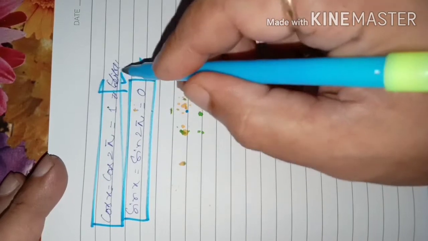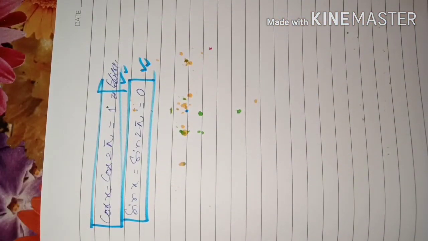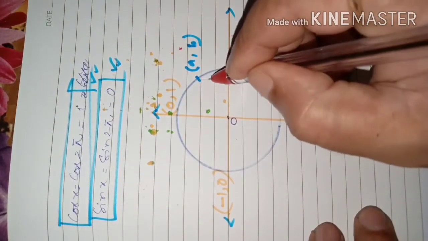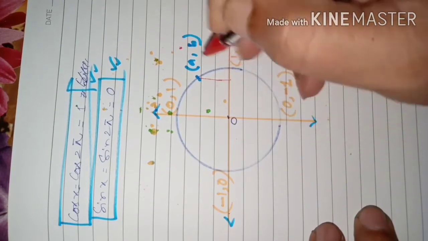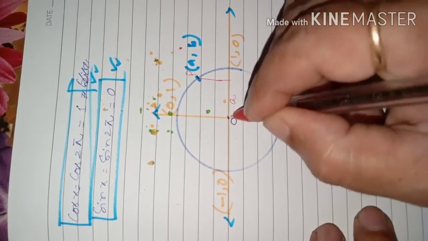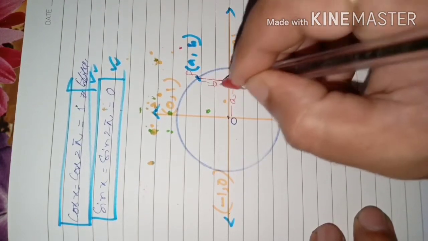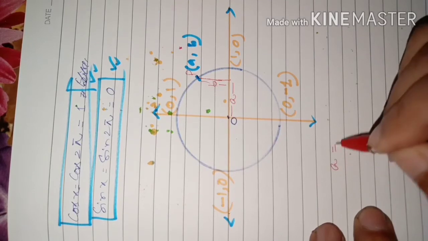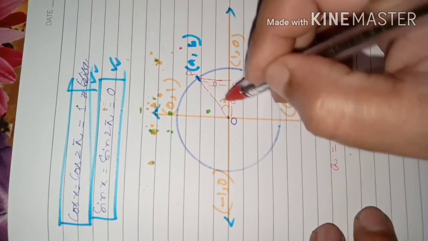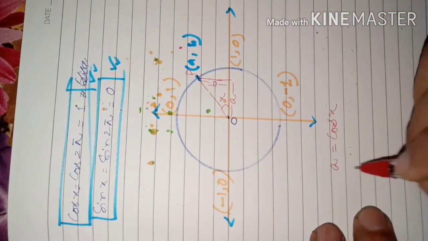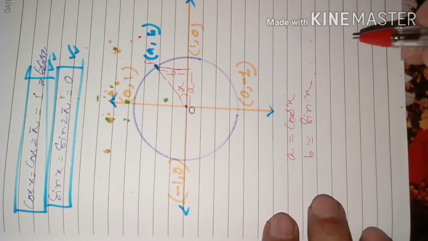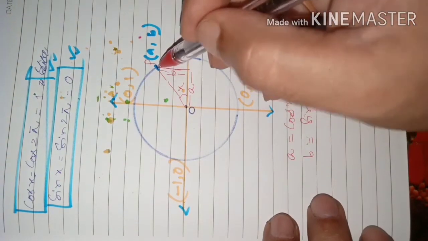Okay, dear students, so what is the point here actually? Once again, if a point P is located on the unit circle, its abscissa is A and its ordinate is B, then A represents cos of the angle x subtended by this arc at the center of the unit circle, so A is cos x, and B is equal to sine of the angle x in radian measure. That means every point can be written that way.